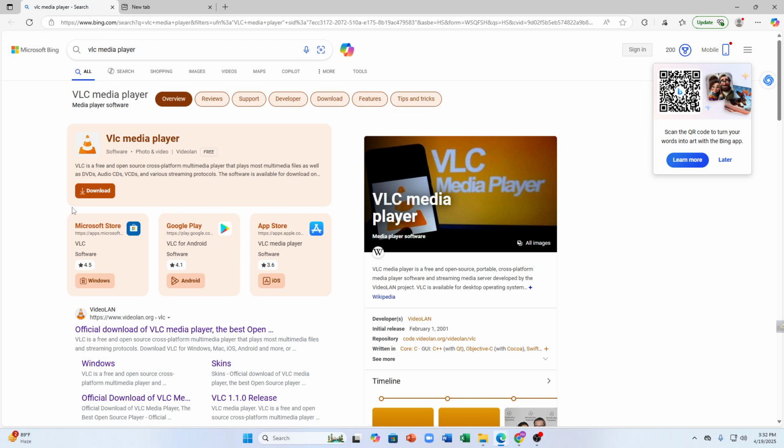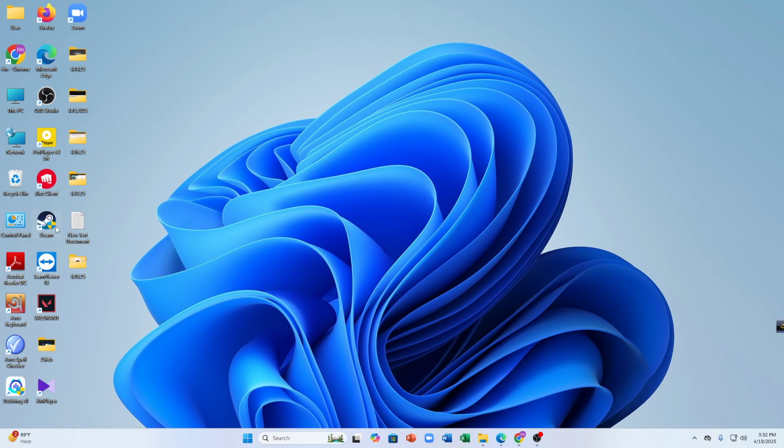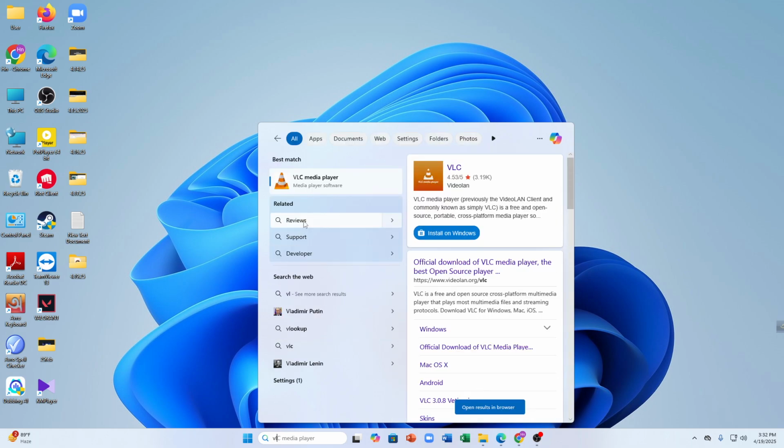To begin, you have to try opening VLC. Double click the VLC icon on your desktop or search for VLC Media Player from the start menu. Let me see where the VLC is. Let me find the VLC Media Player. Here you can see this. Double click it,